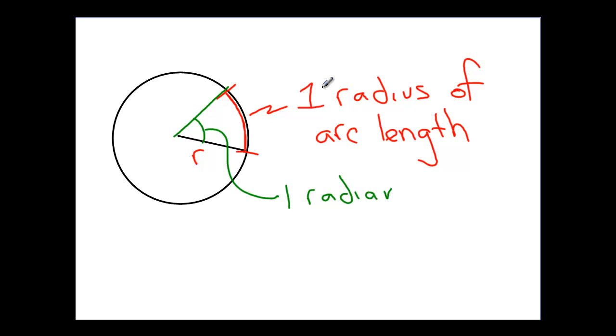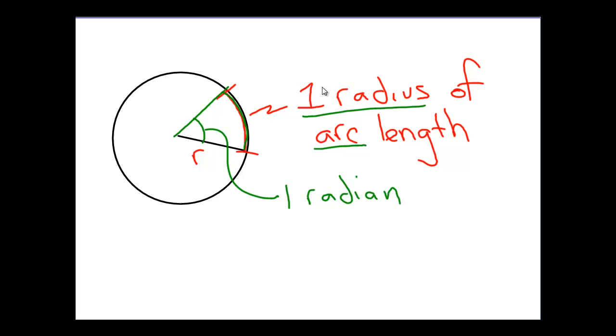And this, in fact, is the definition of the radian. The radian is the angle formed by the arc that is subtended, so this arc right here, this arc that is subtended by 1 radius of the circle. Okay? So it's a very natural unit to use in the sense that the measuring unit actually comes from the